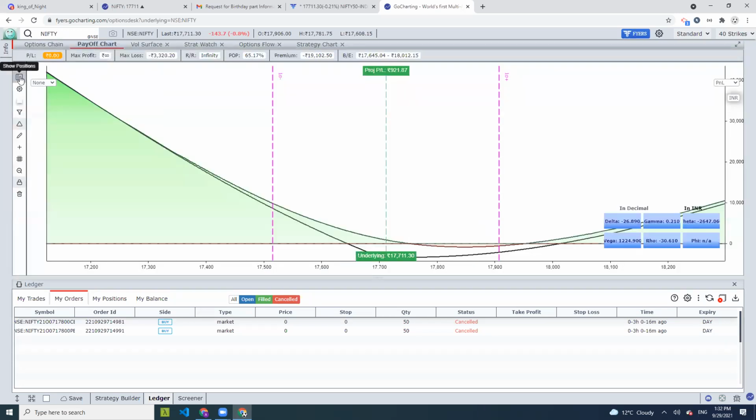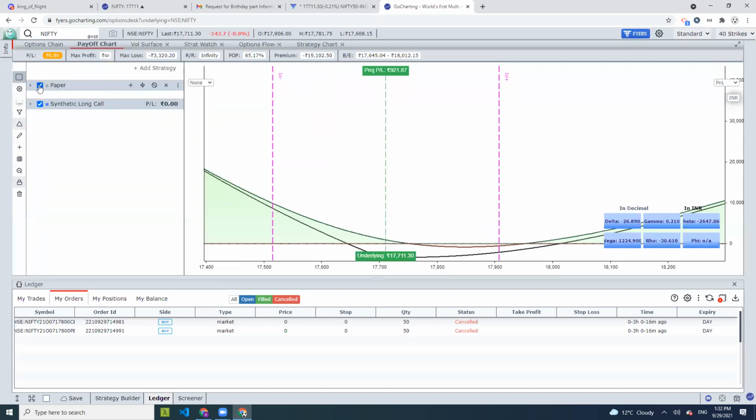The top bar focuses on every strategy or leg that you have chosen using these tick marks, and which is being considered in the payoff chart. So the overall calculation of max loss, max profit, POP and break even takes into account only the legs or the strategies that you have chosen by using these check marks, like these toggle buttons.